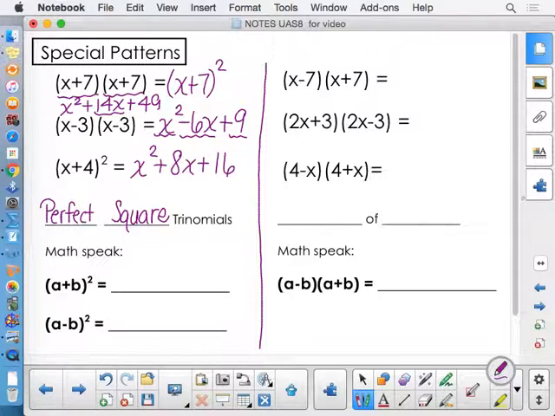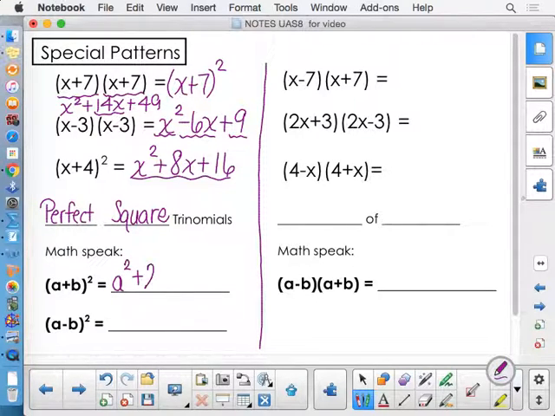If you recognize that pattern in the trinomial, people can often then write the factors very quickly. This is the pattern where, if you don't catch it in the trinomial, you'd still be able to factor it easily by some of the other ways you may think about factoring. So in math speak, it would look like a